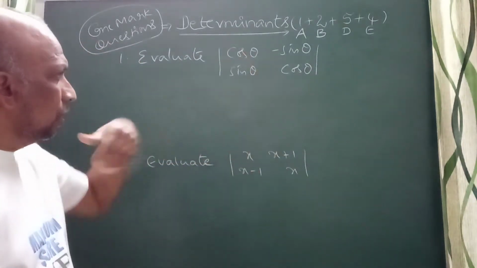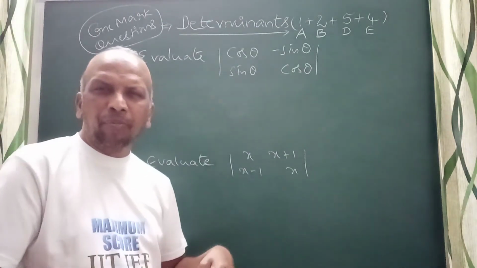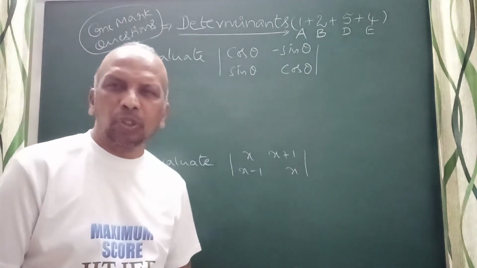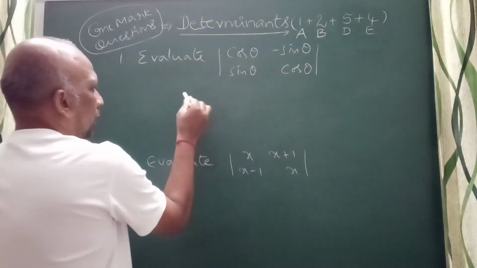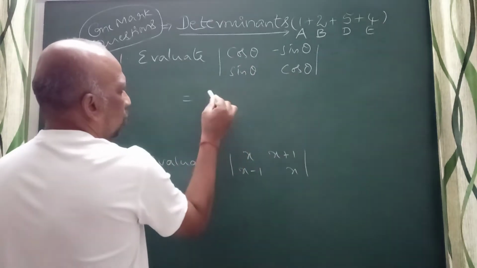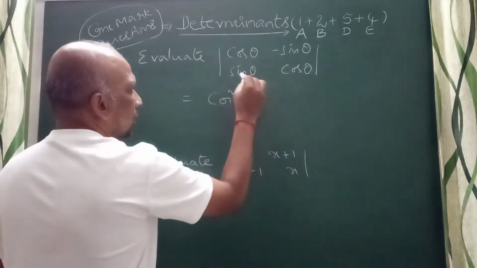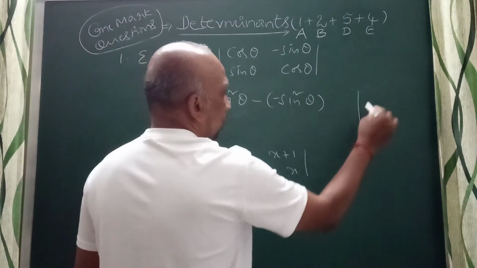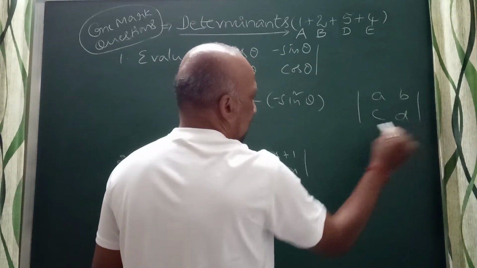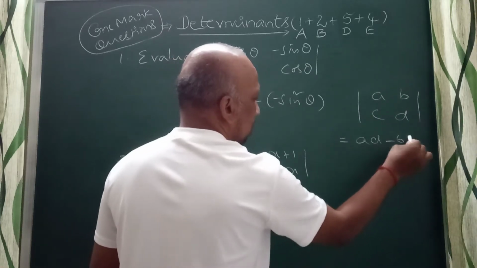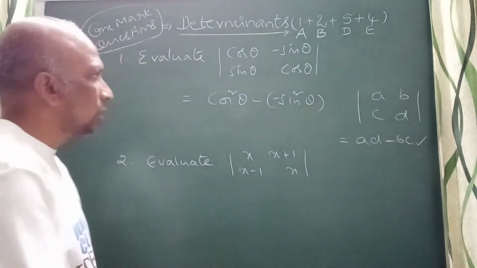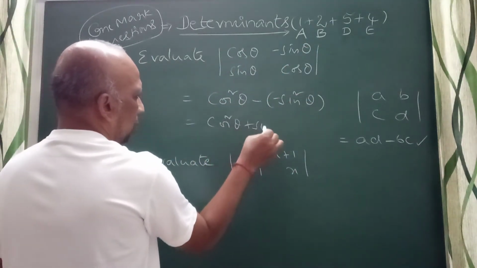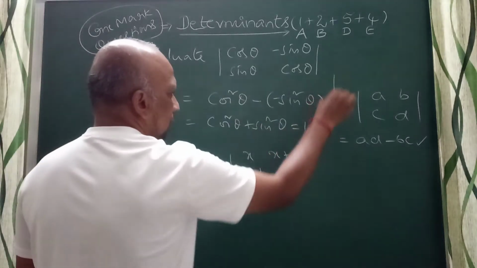Now you can see this. What I am doing, you can also solve along with me. This is the given problem, determinant of cos theta, minus sin theta, cos theta. When you expand the 2 by 2 determinant, cos theta into cos theta is cos square theta, minus the product of the other diagonal, which becomes minus sin square theta, right? Because for the determinant of A, B, C, D, it is AD minus BC. So it becomes cos square theta plus sin square theta, which gives 1, correct?